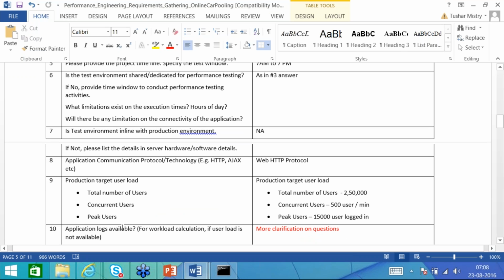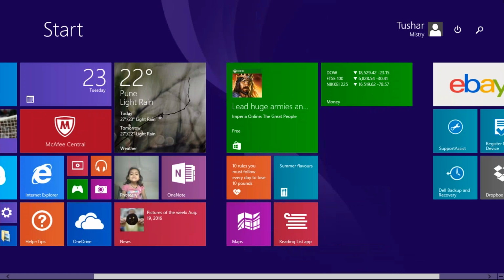Production target user load: the total number of users accessing the application. Concurrent means at a time, say 100 users are doing some or other activity on that particular application. And peak users. Peak users means, I will just open Paint.